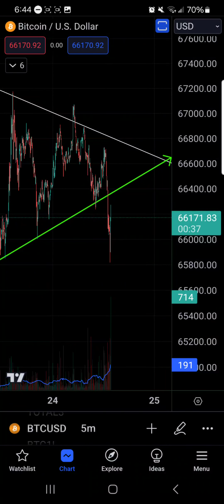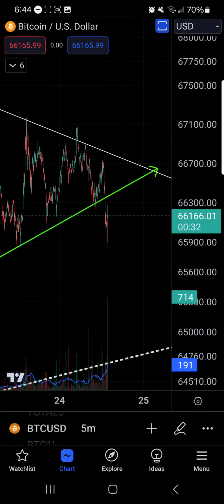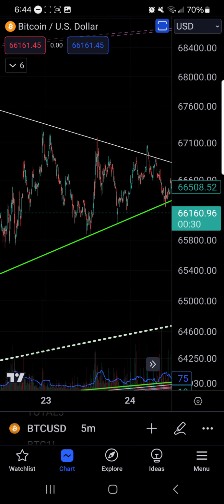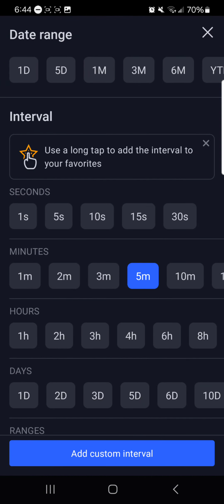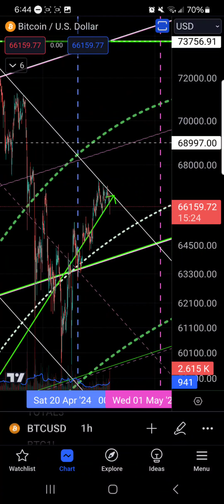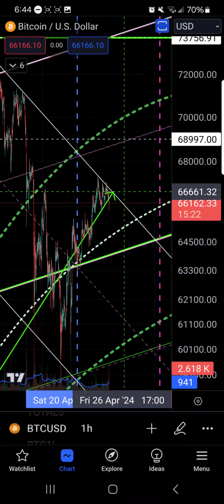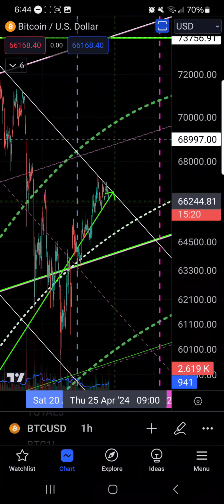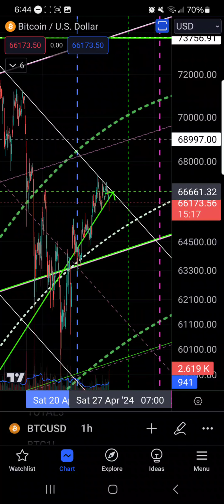That is certainly possible. However, we're also dealing with this parallel channel, and maybe perhaps this is the start of a breakout from that channel. Could very well be. This could be the start of a breakout from this channel. I don't know. We'll know more at the end of the day, probably, and tomorrow.